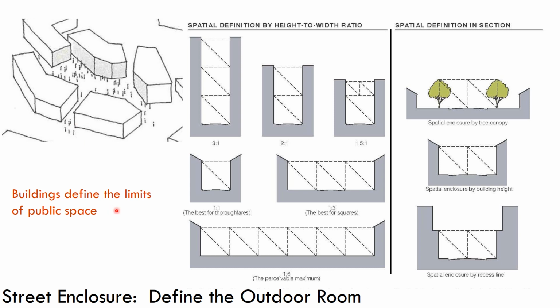In these drawings, what we see in gray is kind of like a section cut through these public spaces. The gray represents the building facades here and here, and the street or the public space. And this is measured in a ratio of height to width. For example, here it's 1:1. So the height of the space is equal to the width of the space. In terms of what's considered good urban design, this is sort of like the ideal at 1:1, but it can get a little bit higher, a little wider.